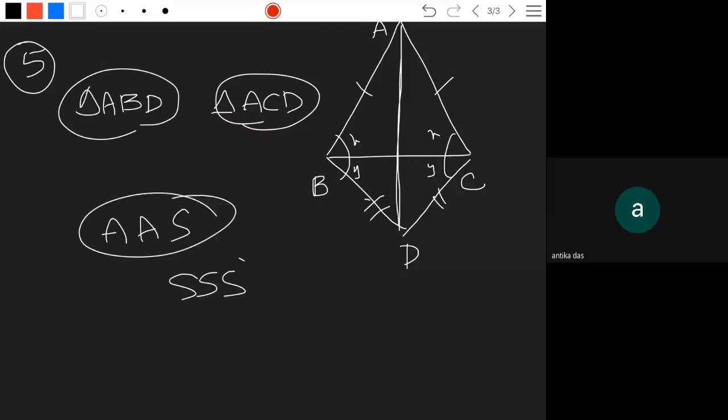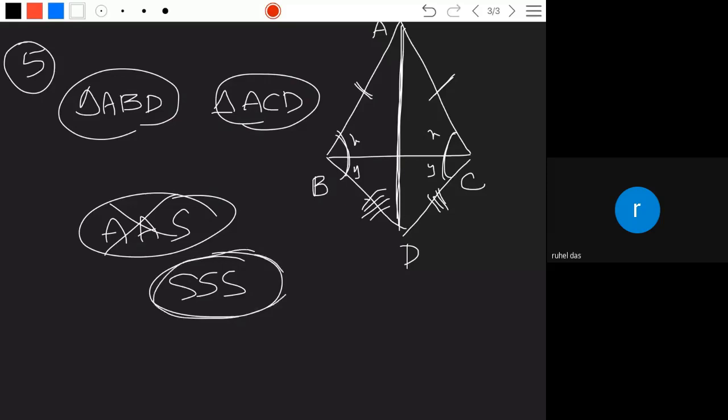Very good. Because see here, this side is equal to this side, is equal to this side, and this side is common. Three sides of one triangle are equal to the three sides of the other. Angles equal are not given anywhere else, isn't it? We have to prove this angle equal to this angle. That can be proved in two different ways. One way is using the congruency of the triangles, SSS congruency.